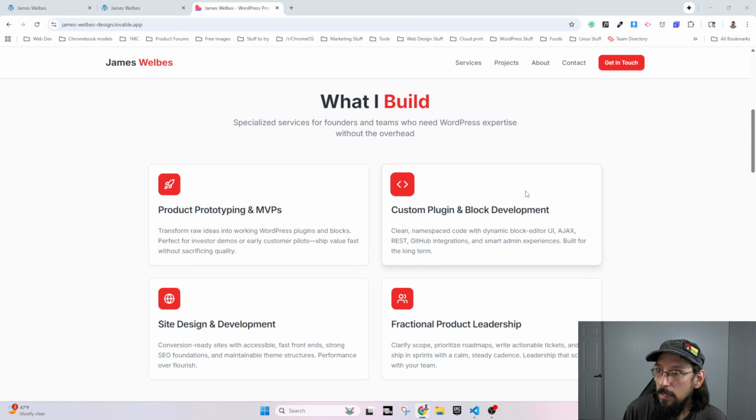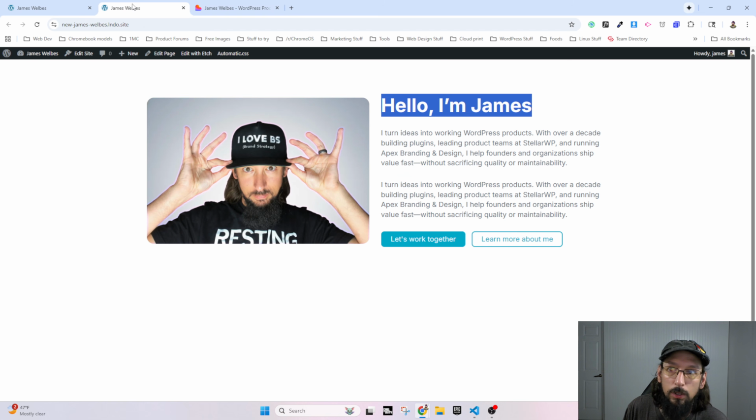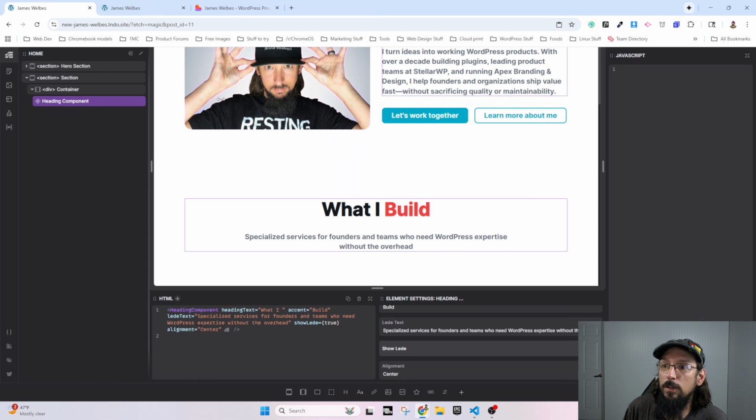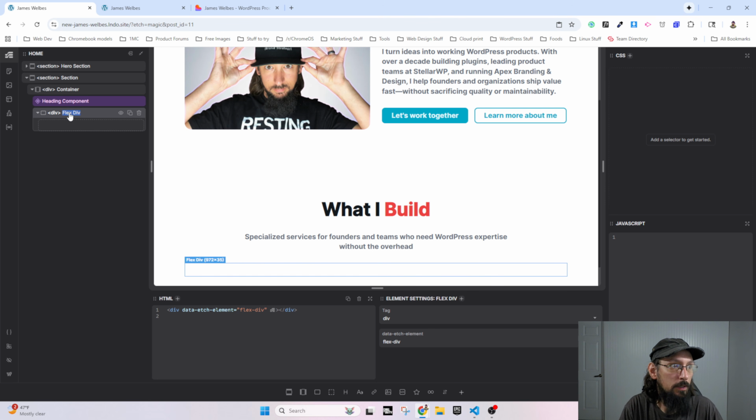It's a 2-column grid again. So let's build these cards and build a grid. I'm going to say, let's see, we got our container already, and then we got our heading, and I'm going to drop in a div, and we're going to call this skills grid. And inside this is going to be a flex div, and inside the flex div is going to be icon,